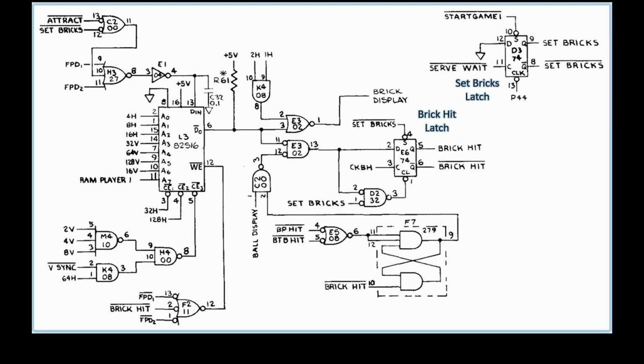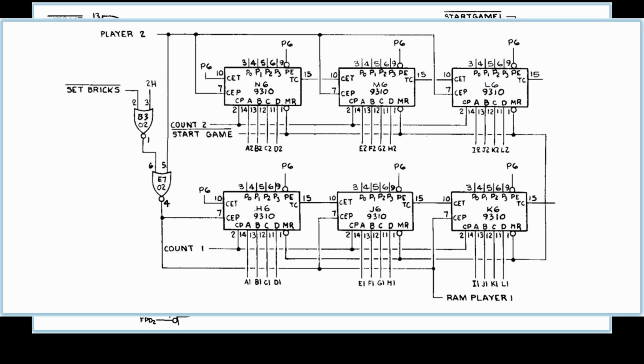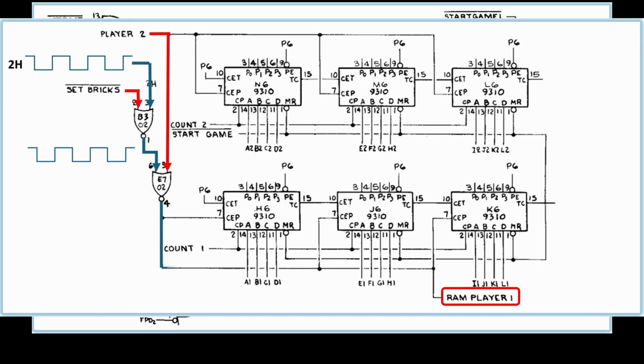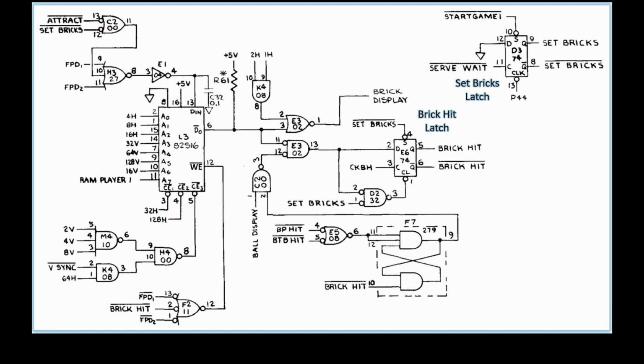You remember that we have RAM cells for 2 sets of bricks, and what we described is only for 1 set. We need to take a peek at sheet 2 where this player 1 RAM line is generated. Here, player 2 is low after pressing one of the start game buttons, and when set bricks is low, 2 Henry is gated to the player 1 RAM signal going into pin 11. Able 7 is therefore included in the set bricks address roll, and cells for both players are set to 1.